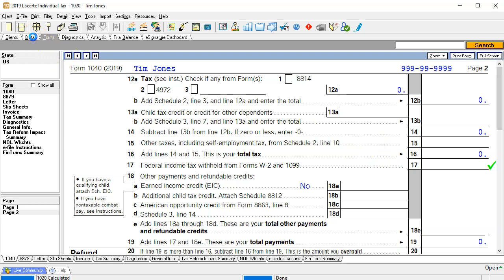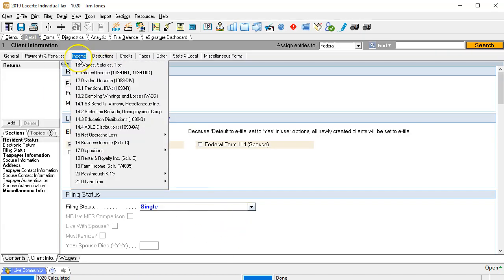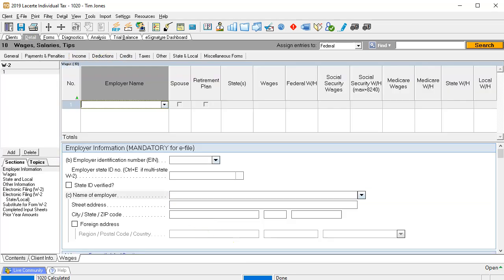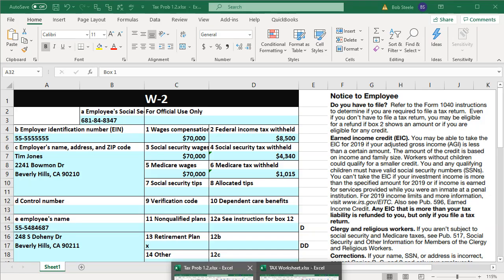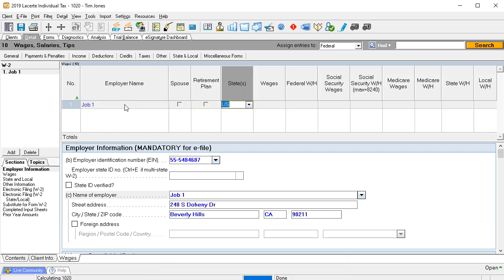We're going to go back to the data and we'll enter this straight in, and we're going to say that we have income, wages. Within the wages tab, we're going to say that we had the box 1 through 6 here, box 1 at 70,000 and box 2 at 8,500 being the main two. So we have, I'm just going to call it job 1. We should put the job name, but I'm going to put job 1, and we're going to put that it was 70,000, I believe it was, and federal income tax withheld is the only other form we should be required to